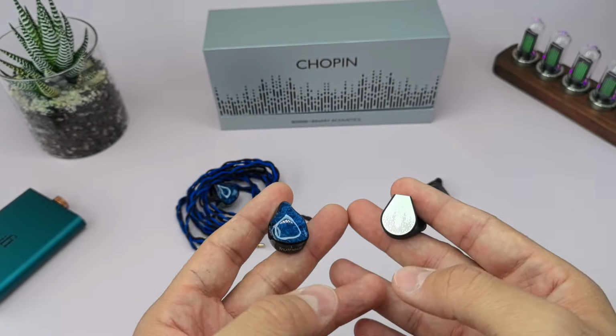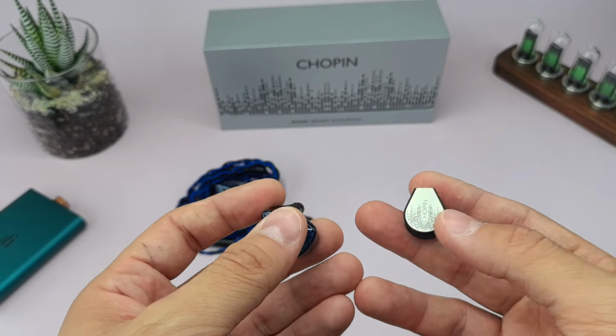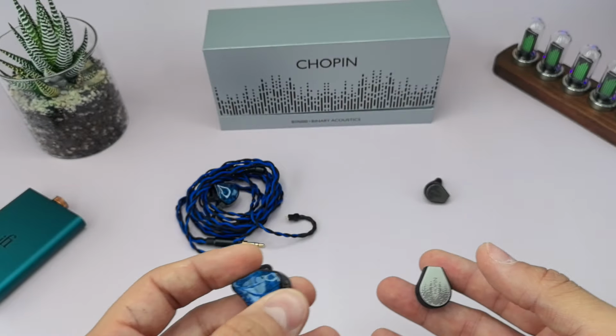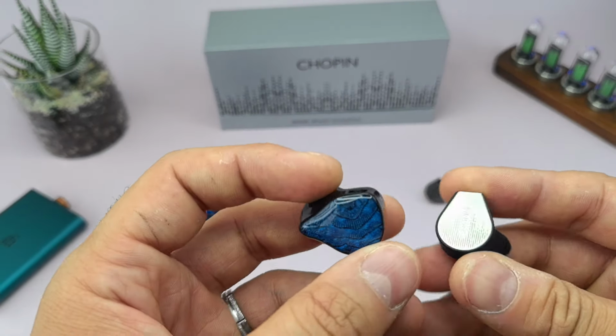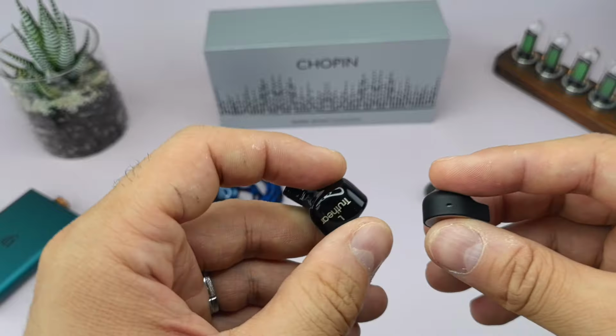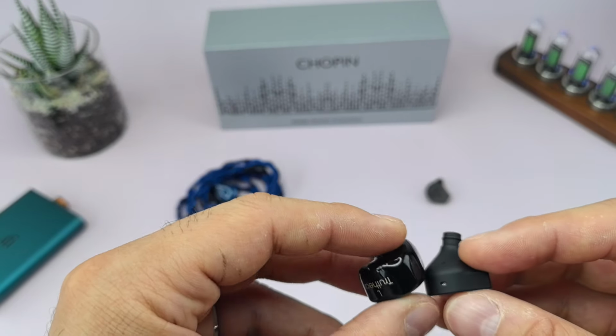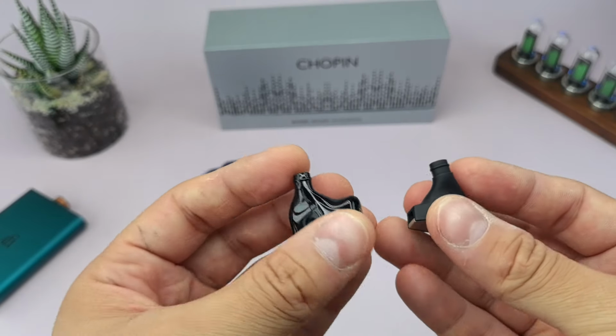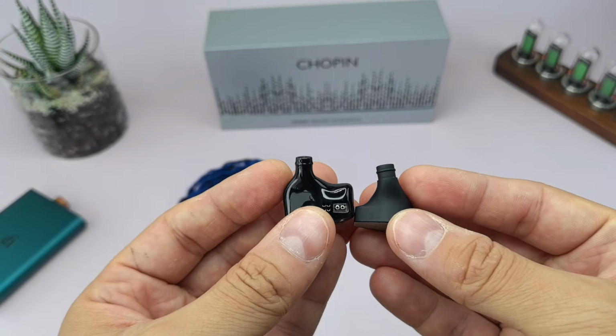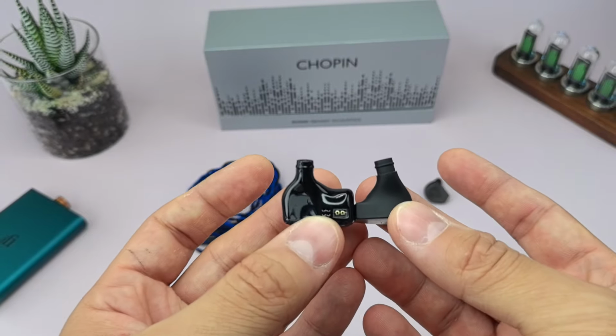First of all, aesthetics. I said it's subjective, but I have to be honest, I prefer the Nova a lot. I love the Nova a lot. The way it looks is much more attractive to me. But look at the size now, and I think the Chopin wins, no questions asked. It is so much thinner and so much more ergonomic. Look at the difference in the volume. Oh my God,